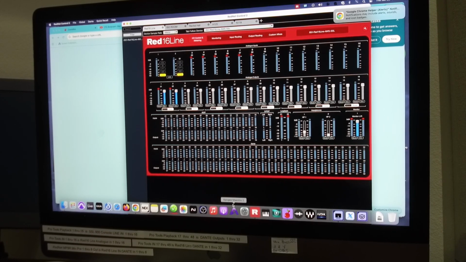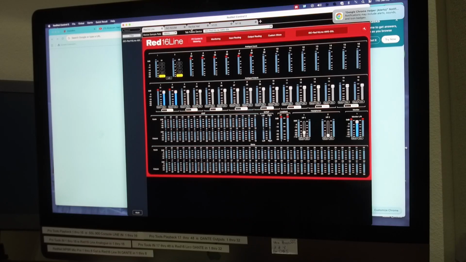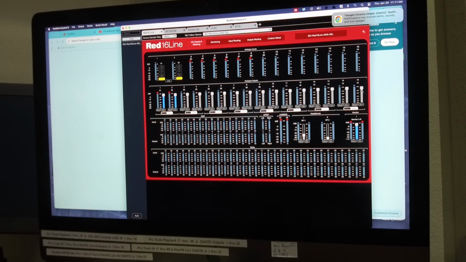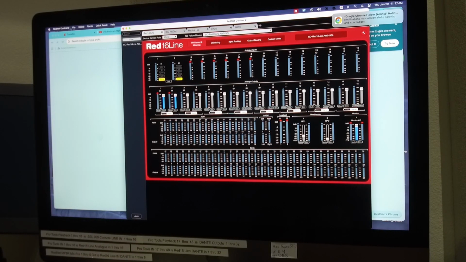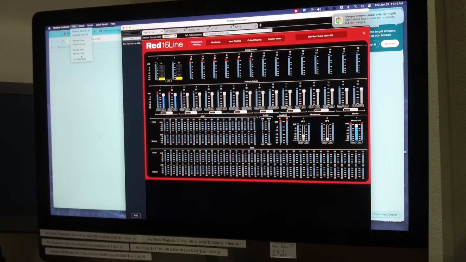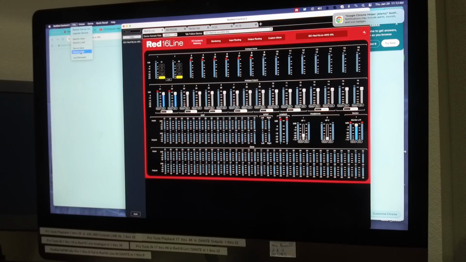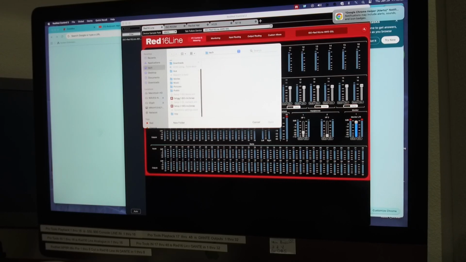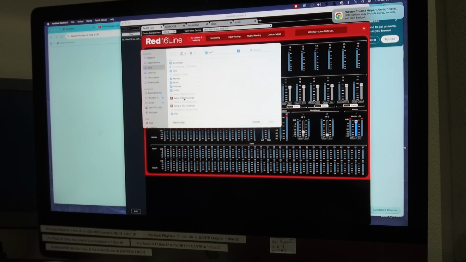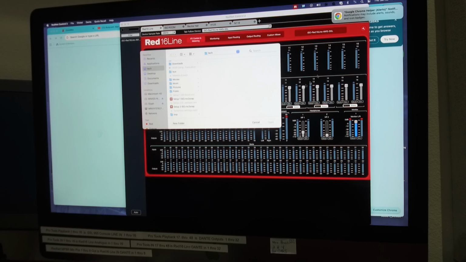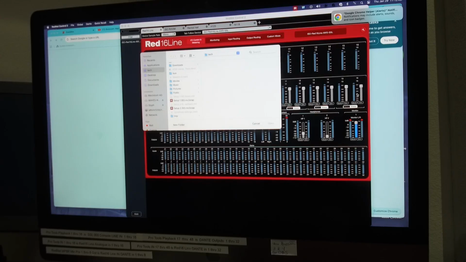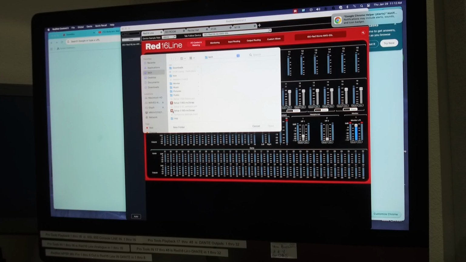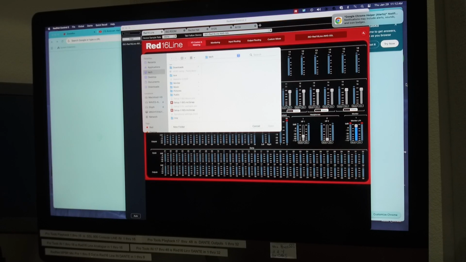Now, if we look at the outputs here, one thing that sets these to be for Pro Tools is when we go up here to the file and we say load device load. When we click on that, we will see down here these red setup 1, setup 2. Setup 1 is so the 16 outputs will go into the console. That's setup 1. Setup 2 is where 8 will go into the console and the other 8 become part of